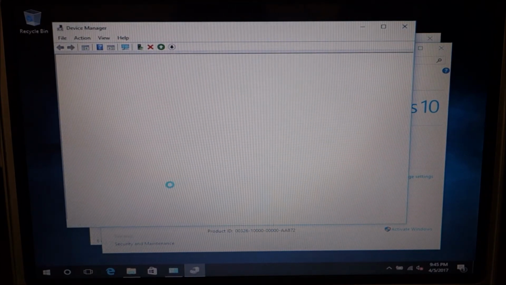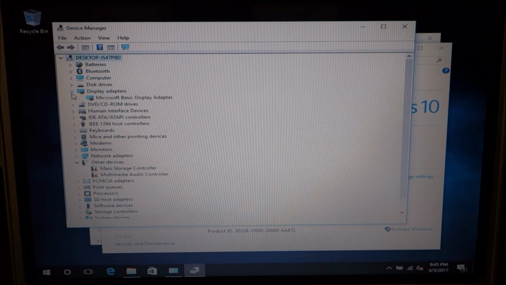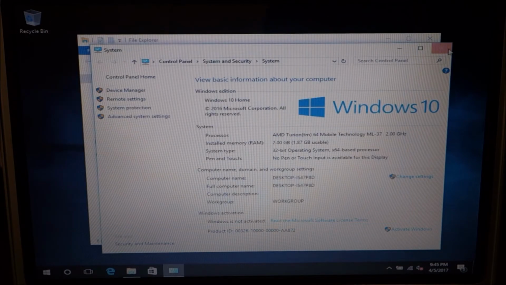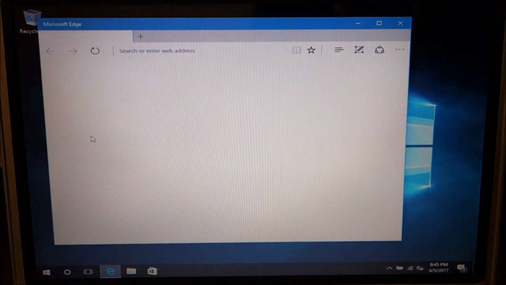So it installed the wireless card, so we have internet access. So we're missing a mass storage controller and a multimedia audio controller. Now, for the display adapters, it just has Microsoft Basic Display Adapter. Now, to get the correct adapter, what I had to do is